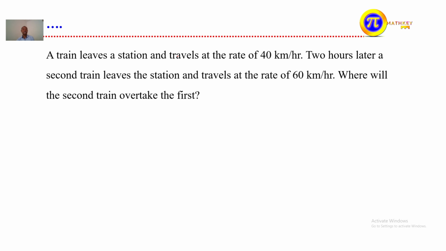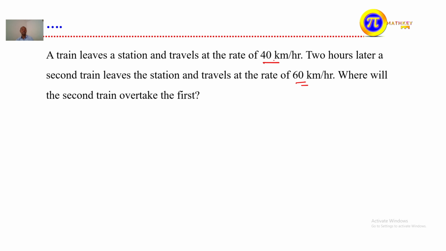Similarly, a train leaves a station and travels at the rate of 40 km per hour. 2 hours later, a second train leaves the station and travels at the rate of 60 km per hour. Where will the second train overtake the first? You know, we have to compare and contrast the speed of the two trains. That means if this moves 60 km per hour, it needs less time compared to